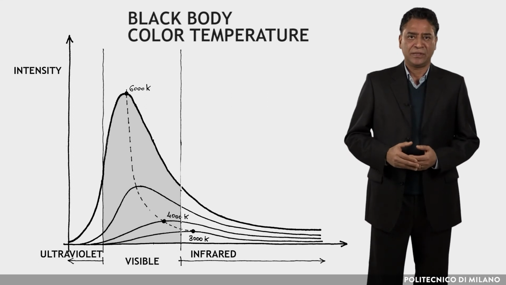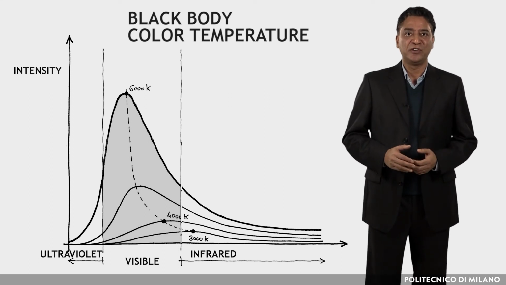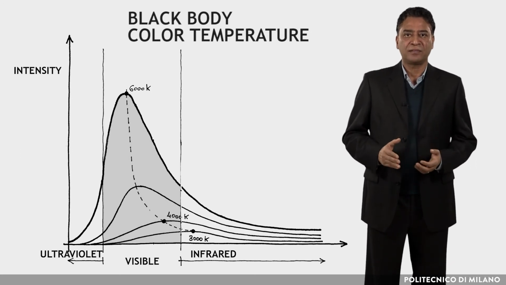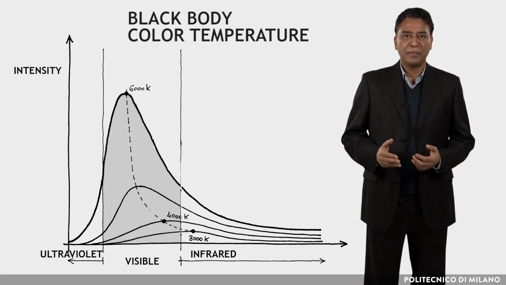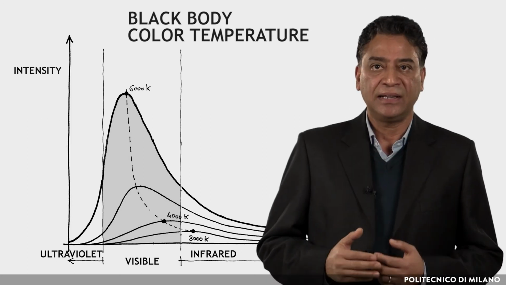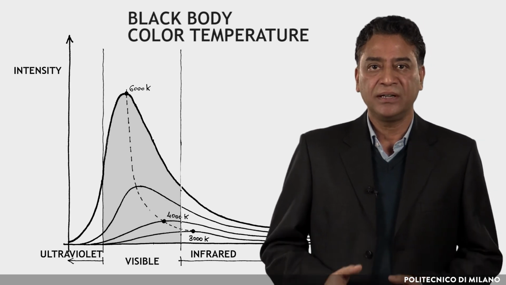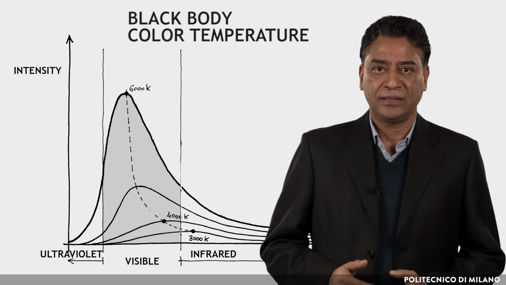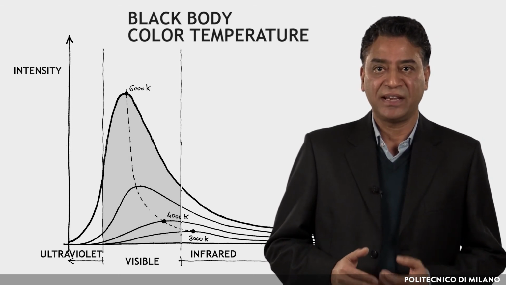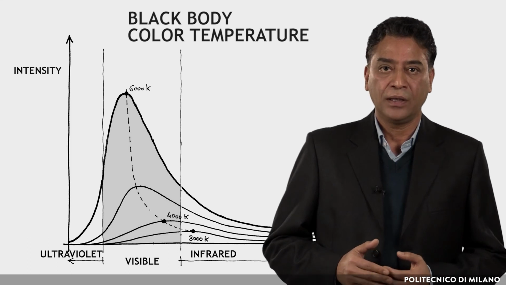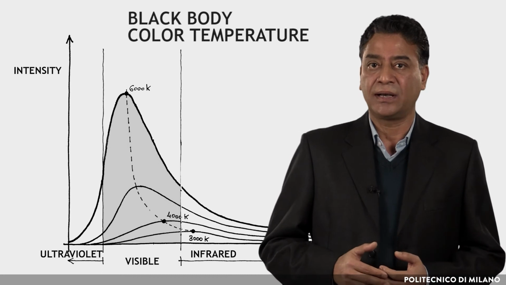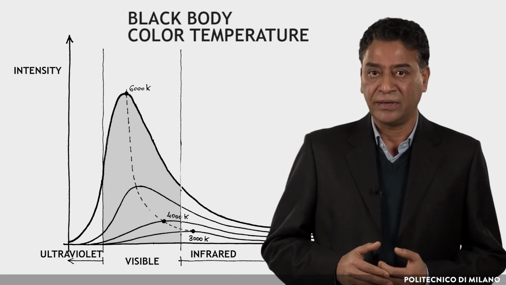The color temperature is a parameter used to individuate and categorize in an objective way the color of light from a light source compared to the sample source, which is the black body. To say that a lamp has a color temperature of 3000 Kelvin means that the black body at this temperature emits light with the same emission spectrum. The light sources are divided into three groups depending on the color temperature as shown in the figure.